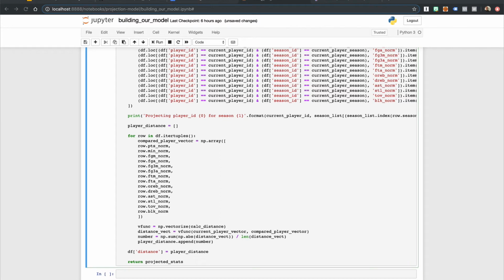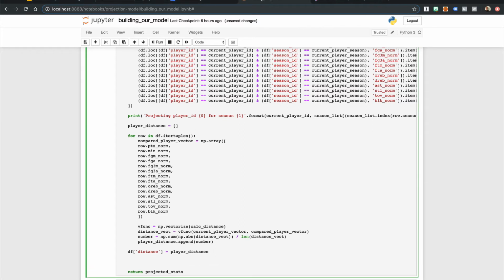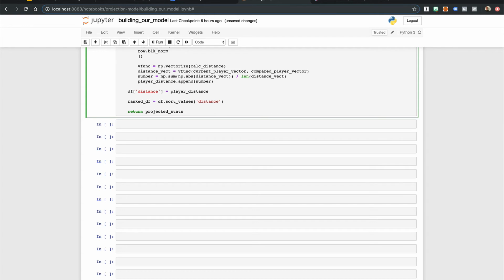And from there, once we've had that player distance, is how we're going to sort and get the rank df, by taking the sort values on the distance to where the smallest is at top. So then we will get a ranked data frame with everything sorted by the shortest distance, which will ultimately slice. Now we can add in the part where we find the 10 most similar players in rows 1 to 11